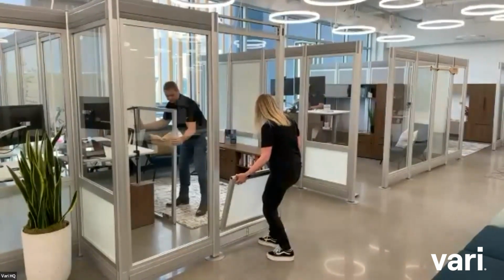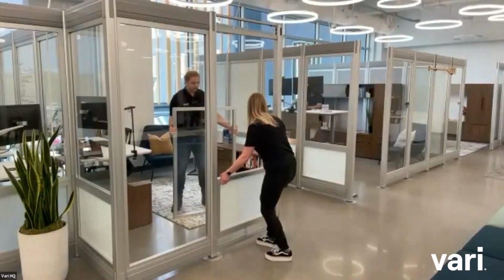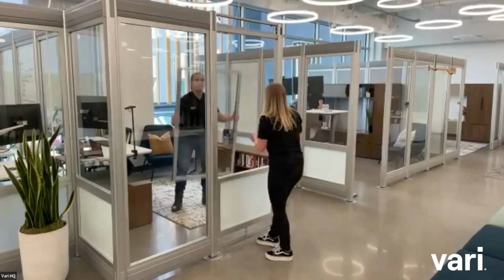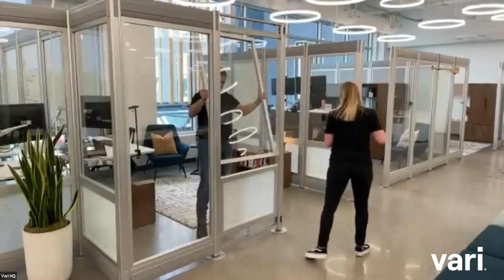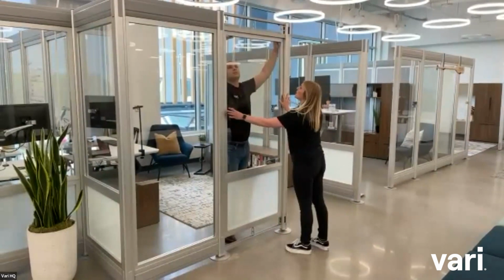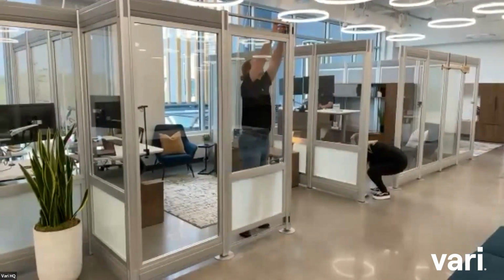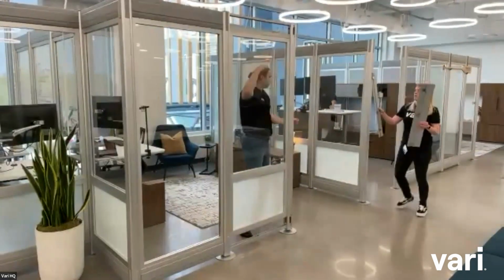Our panels can be a 2-panel or a single panel. They're made of industrial grade steel, aluminum, and glass. The quick flex walls not only divide space, they have other benefits. For ESG, you can change your space and avoid the cost of demo and the environmental impact of tossing sheetrock